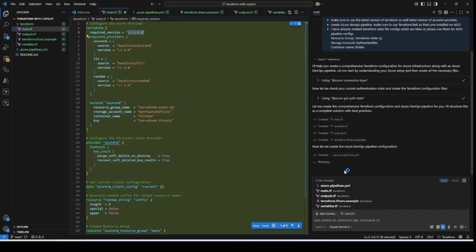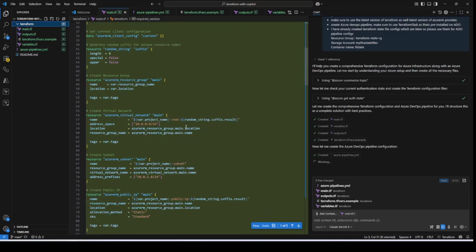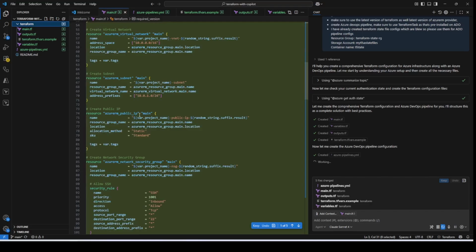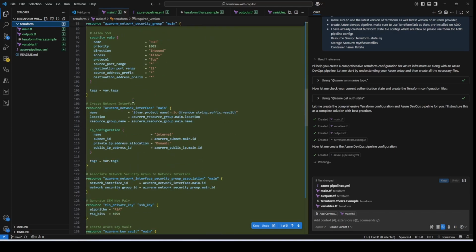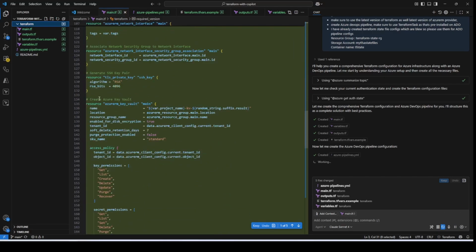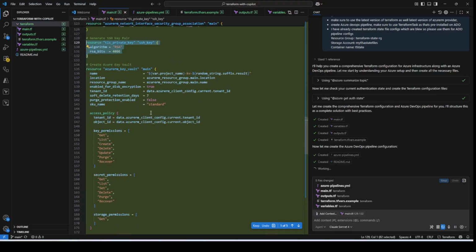It's also created the Azure pipelines. You can see that for some reason it's put everything into the Terraform folder. I never asked it to do that, but okay. Then you can see it has created the subnet, the public IP, the network security group, the network interface, and TLS. This is for the private key and public key, which is good. I like that. Then it has also created the Keyvault,